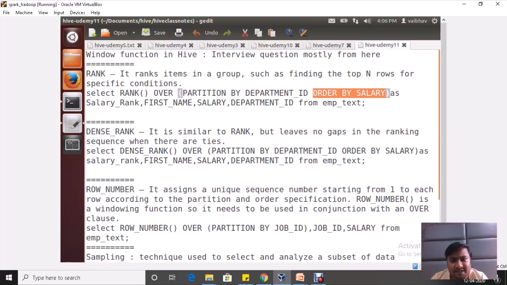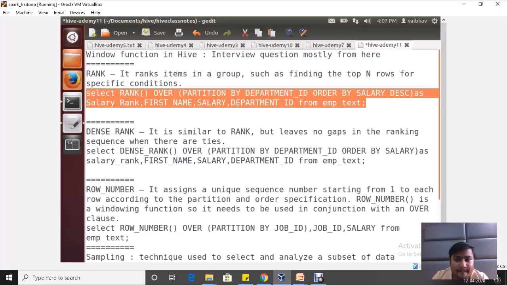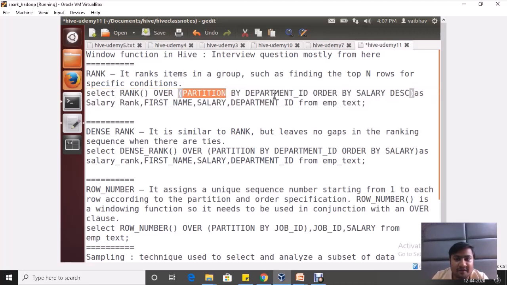It's like you want some ordering, or even if you want, you can skip this part. In our case we want maximum salary, so we'll use DESC here. Select rank, we are partitioning it for every department and ordering the result by salary in descending order.